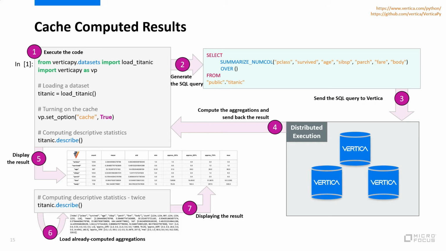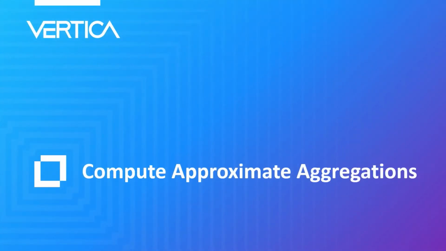So I just have to display the result. It will be instantaneous. It's a way to not hurt the system, because just imagine someone computing again and again and again the same thing, whereas you have a lot of concurrent users in the same system. So it's really a way to not hurt the system and to be, like in this case, a very good